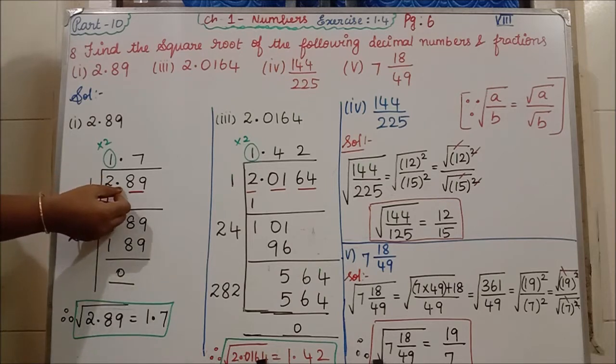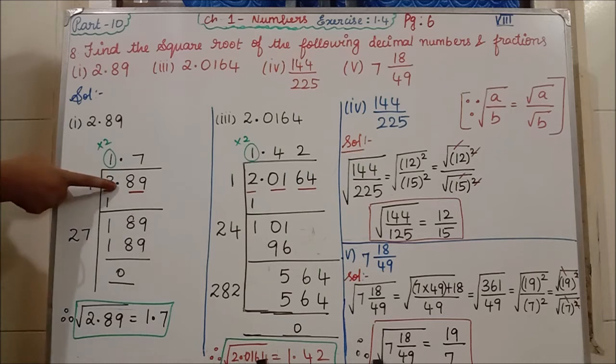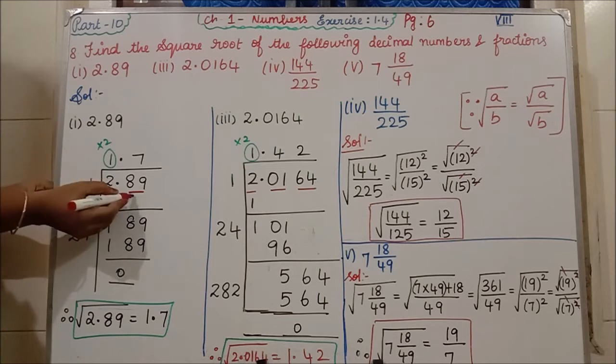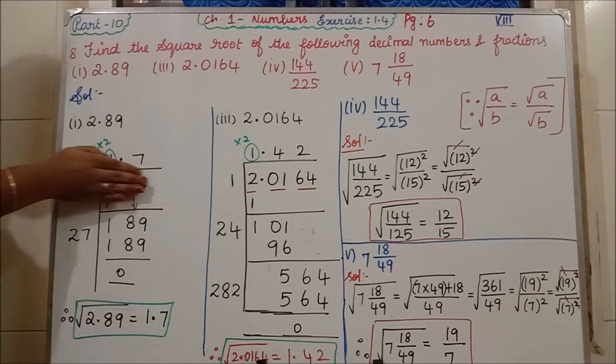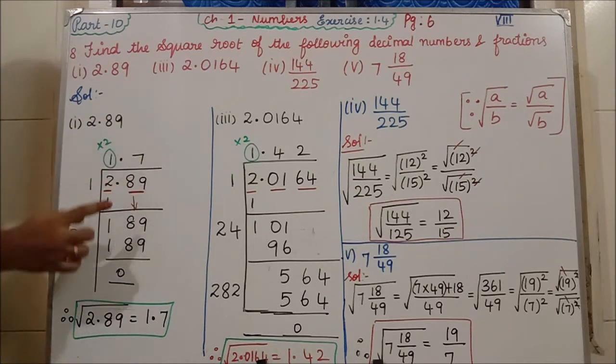Then afterwards we are having a decimal. Keep the decimal in the quotient. Since we are having a decimal, keep the decimal here. Then we have to bring the 89 down. Clear? After bringing 89, what do we have to do? The first number you have to multiply with 2. So 1 twos are 2. That 2, where we have to write? We have to write here. Then now we have got 189 here. Now what are the things you have to forget? This 2, 1, then this full first row you have to forget. Then we have to see only 189. What number are you writing?